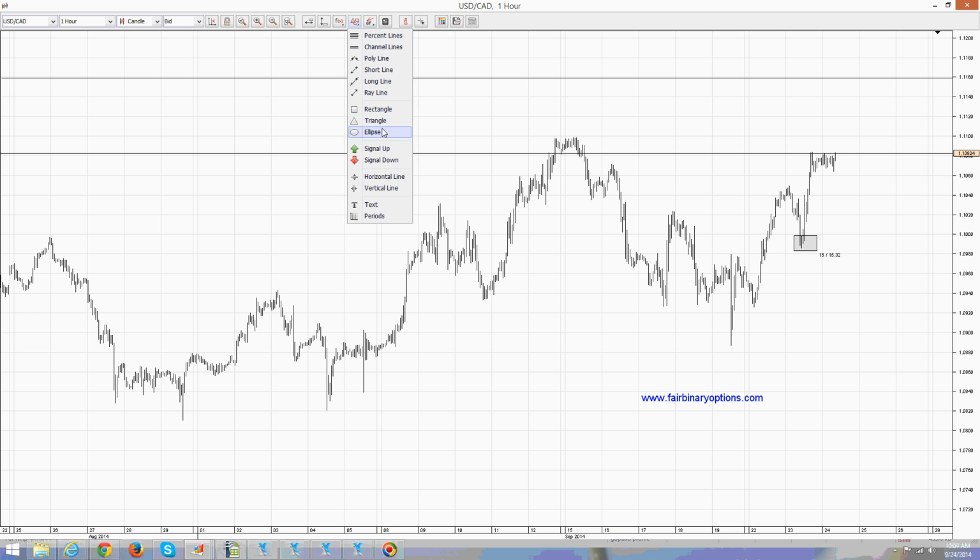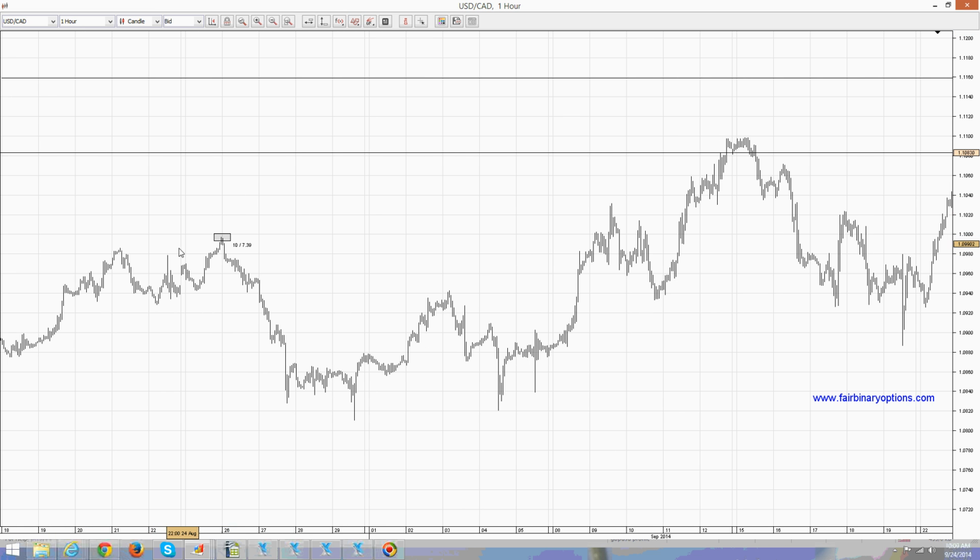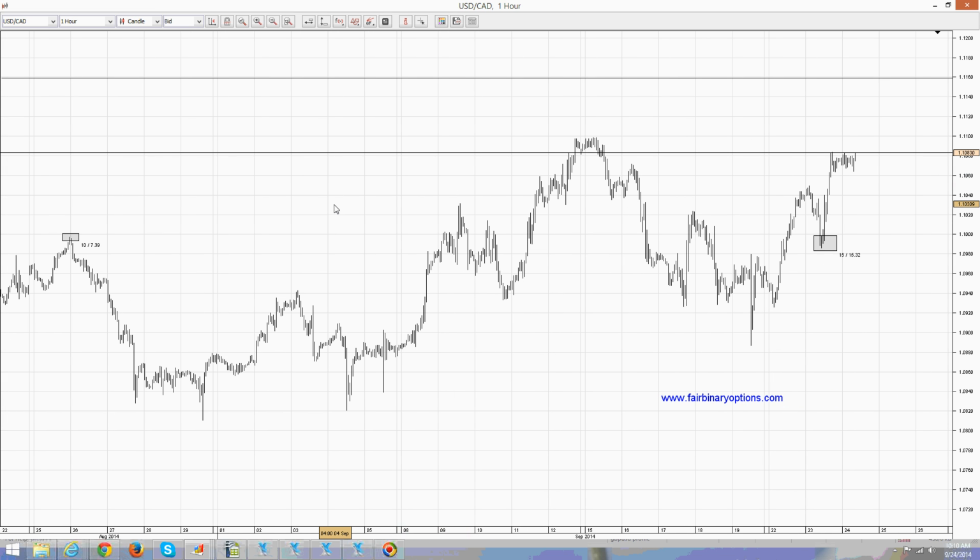The contracting triangle started with the previous highs here and here at the top, and then it has, of course, 5 different legs labeled with letters. So this would be wave A to the downside, followed by the B wave to the upside here, followed by the C wave here, the D wave, and then with the E wave here we have the end of the